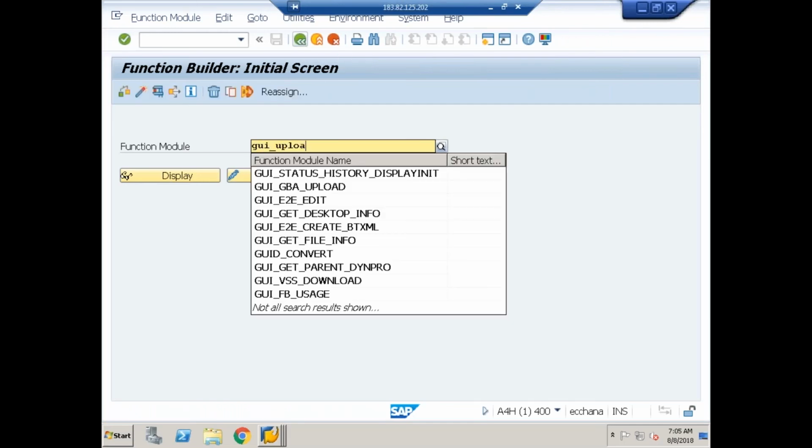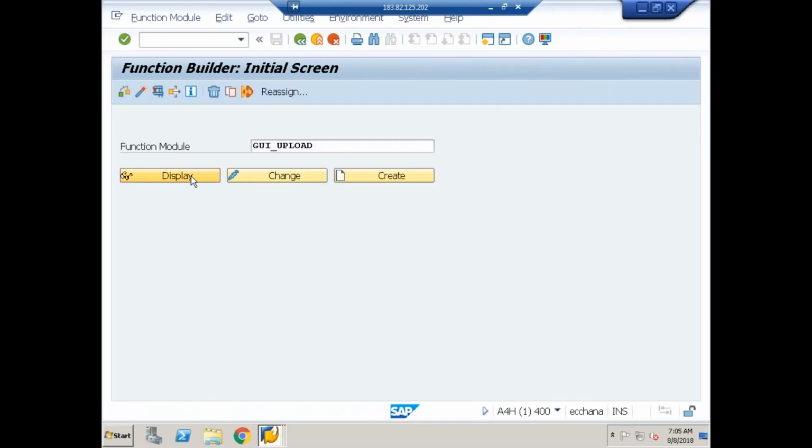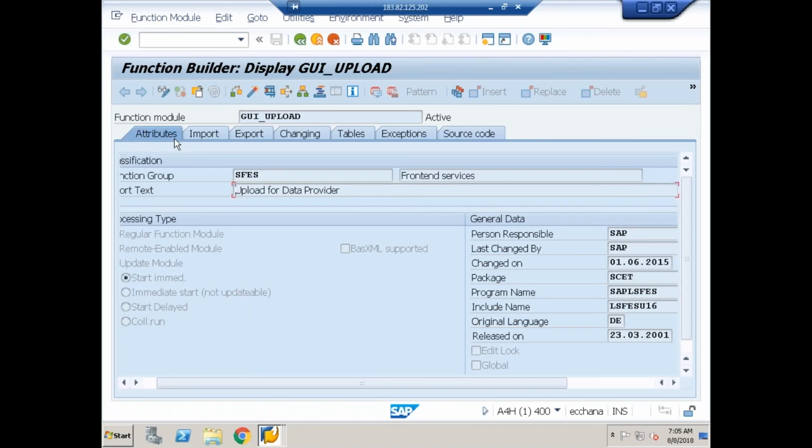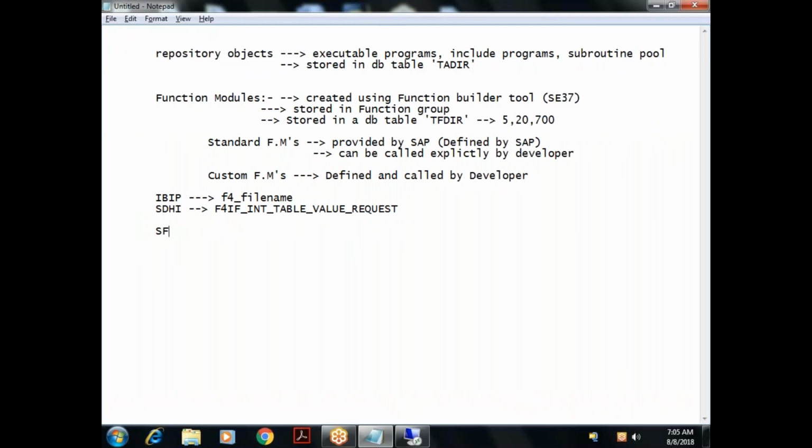Let me open another function module, GUI_UPLOAD. If I display this, if you see the attributes, what is the function group? SFES. So in SFES, we have a function module, GUI_UPLOAD. Okay, so what I'm trying to show is there are many function modules given by SAP,